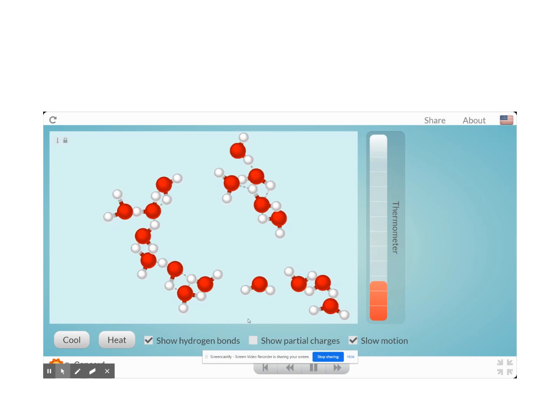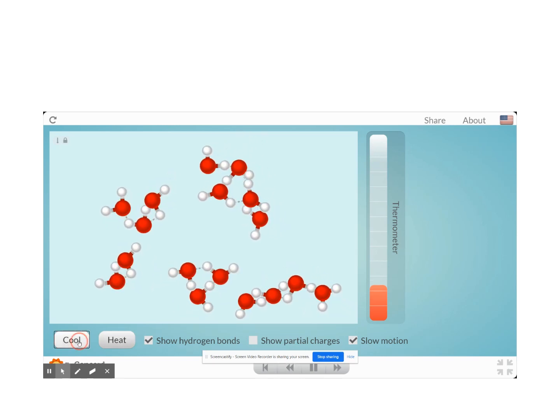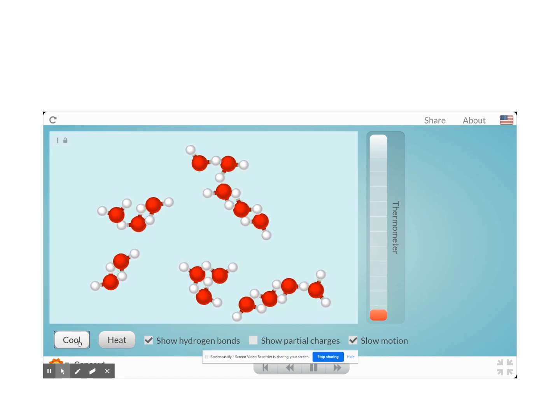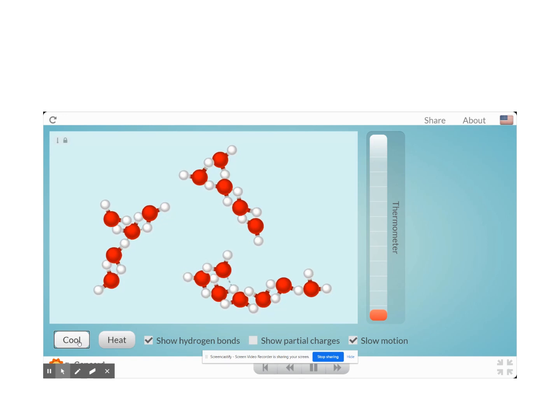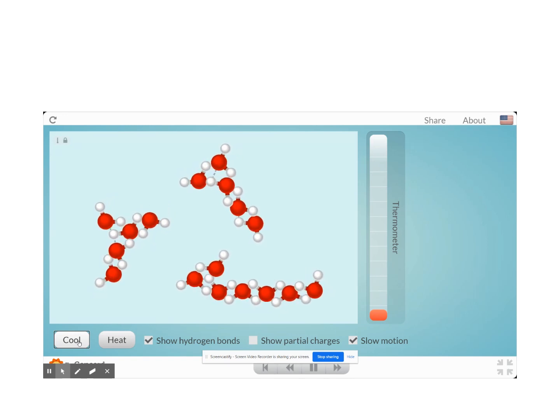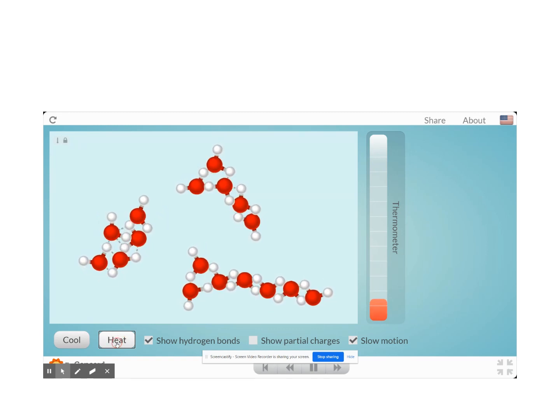And if we increase the temperature, we will see that they move quite a bit more. As we decrease the temperature, they will move slower, therefore the hydrogen bonds will stick together for longer. But if we increase the temperature, here we go, up, up, up,